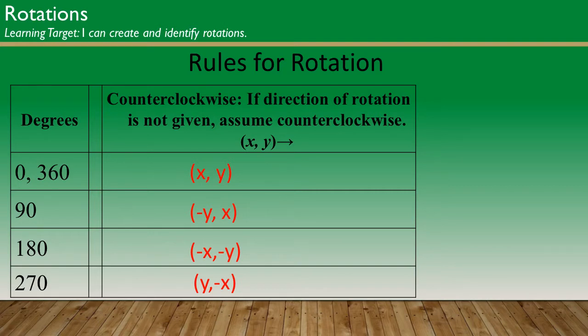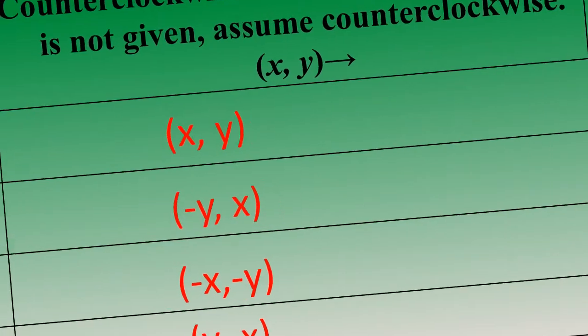When we do rotations, rotations are usually counterclockwise. So if a direction is not given, we're going to assume that our rotation is counterclockwise. If it's going to go clockwise, your problem is going to say rotate this clockwise. Okay, so let's look at